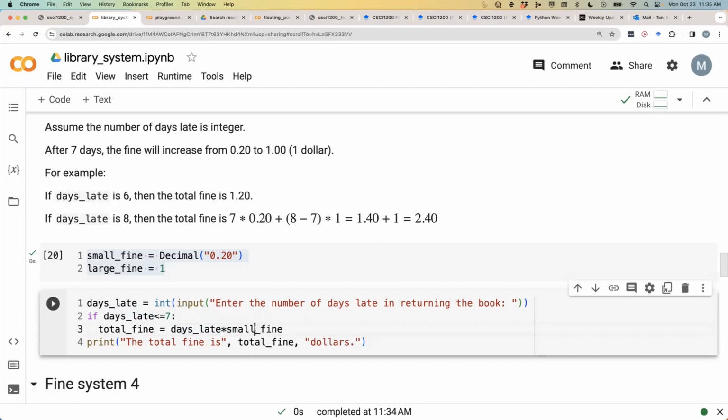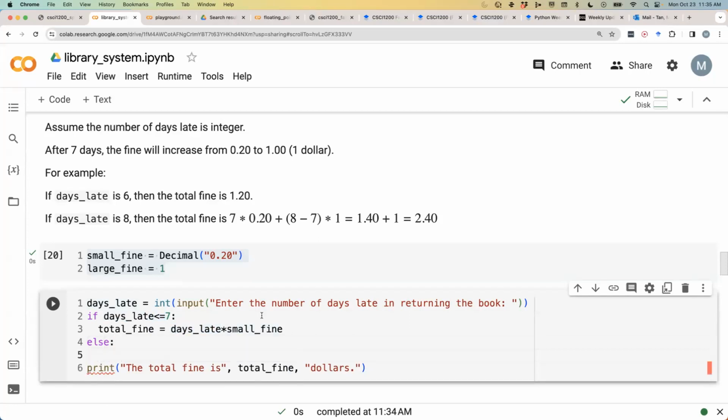Small fine is 20 cents. For each day that you incur late, you will multiply it by this small fine for the first 7 days. Else, if days late is greater than 7, then the total fine will be equal to 7 times small fine. For the first 7 days, for each day you incur the small fine, plus the remaining days will incur $1. The remaining days will be the number of days late minus 7